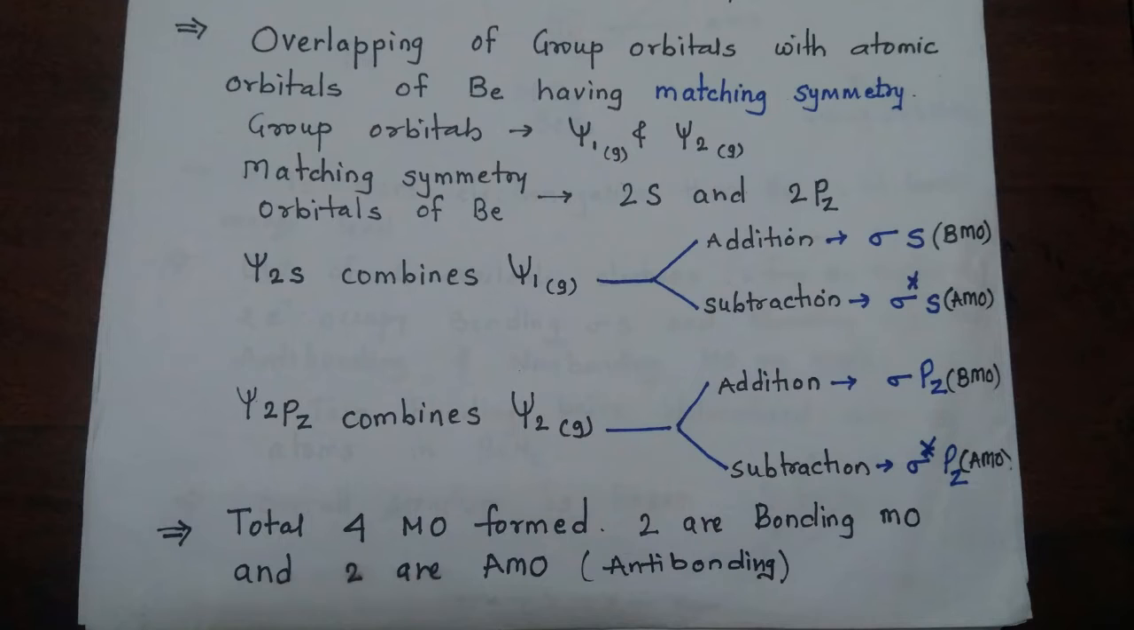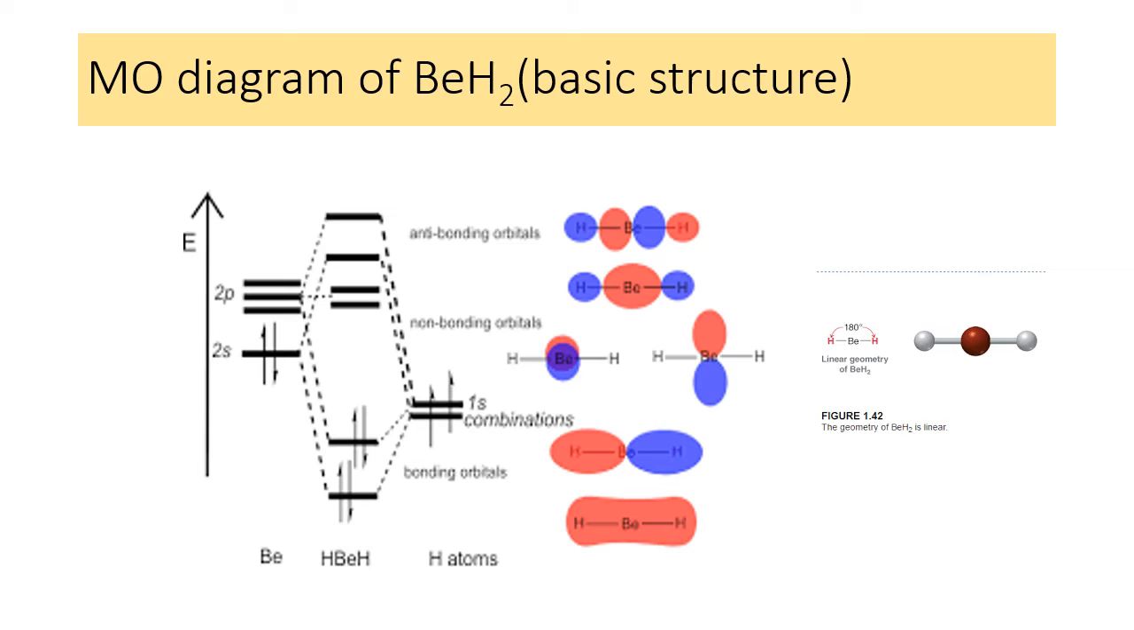Total number of molecular orbitals formed is therefore 4, out of which 2 are bonding and 2 are anti-bonding. On this basis, one has to construct the molecular orbital energy level diagram. Here is the general diagram showing the energy arrow, and all the orbitals are arranged according to increasing energy